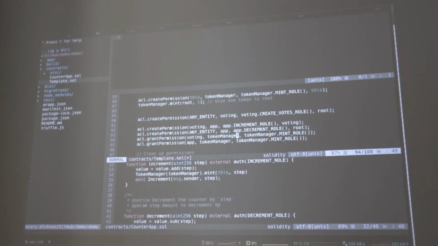So we already did that once here, and this contract already is the app manager. This template contract is the app manager for our counter app, and so I can technically just grant my